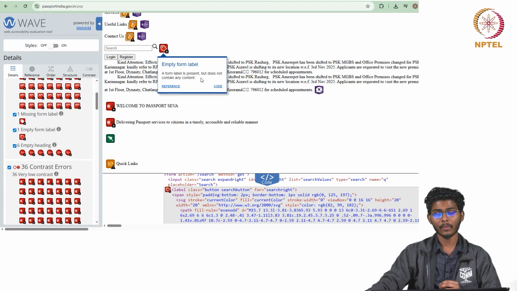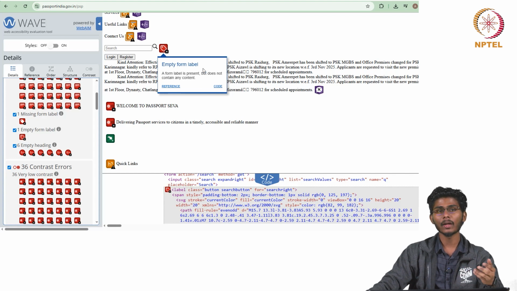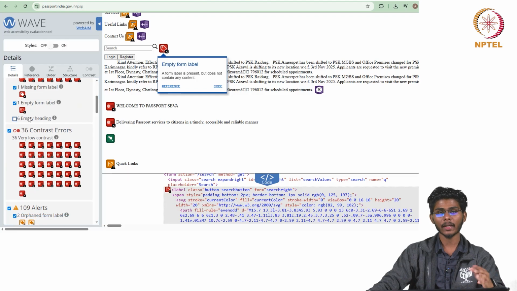It should mention that it is a search or form helper label, such that when the screen reader option is used, it will tell that this is a search option. So, both are the same in the aspect of mentioning the content for the screen reader option, which is mainly used by impaired users and users with cognitive issues.